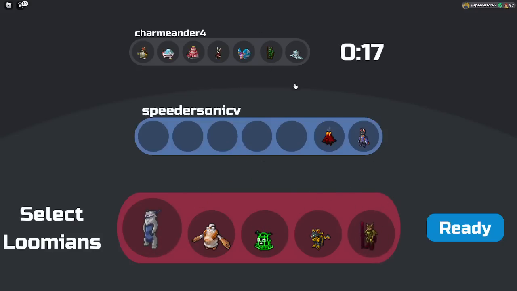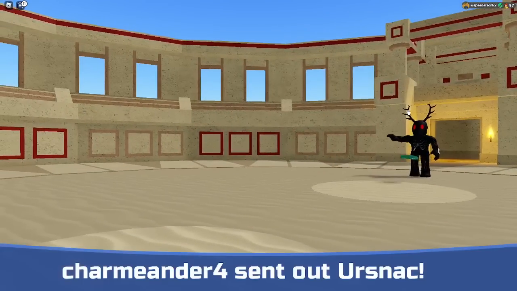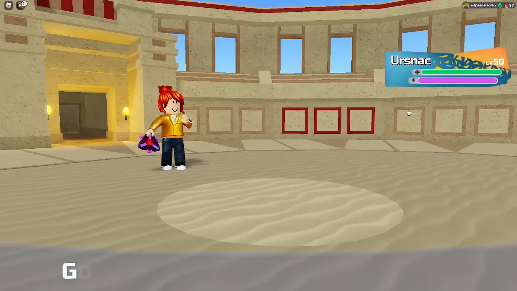We can switch this in against Spreezy, get free Jungle Jitsus. I think this will work. Yeah, we're going to go for this. I think this is going to work pretty well. Hopefully he leads off Ursnack. He does lead off the Ursnack, so...